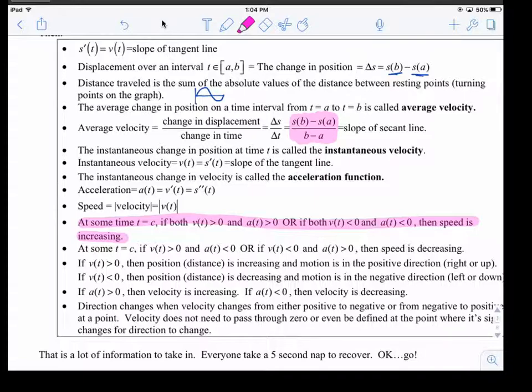If your acceleration is positive, then your velocity is increasing. Right? So if your acceleration is positive, then the slope of your velocity is going up. And the same thing, if it's negative, that means that velocity is going down. And then direction changes when velocity changes from either positive to negative or negative to positive. All right, so,